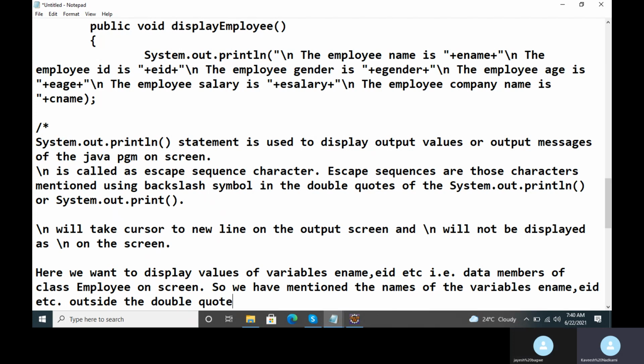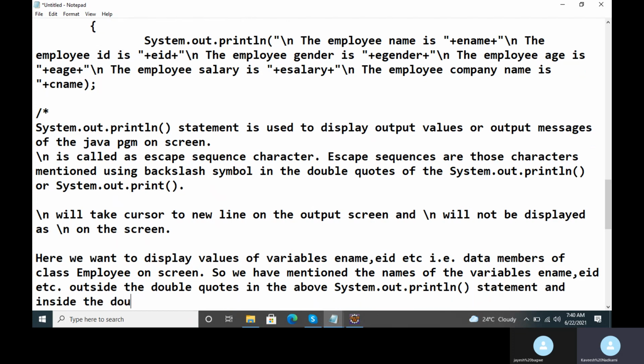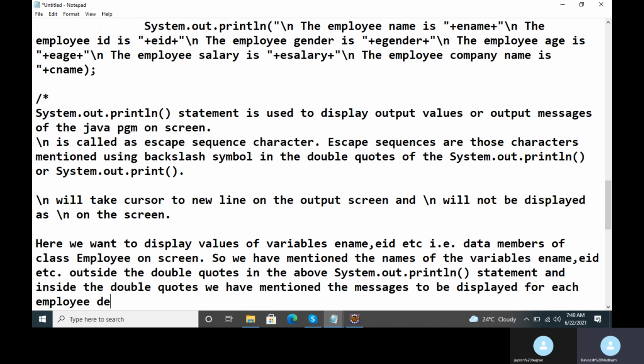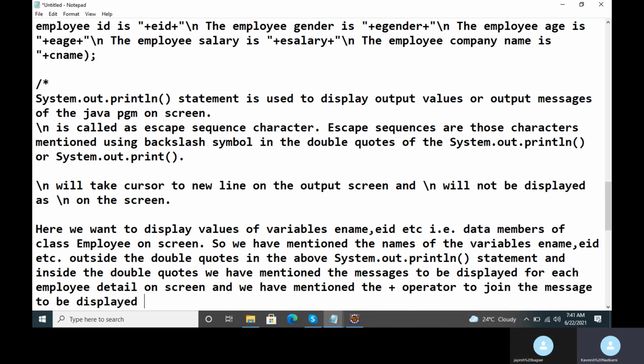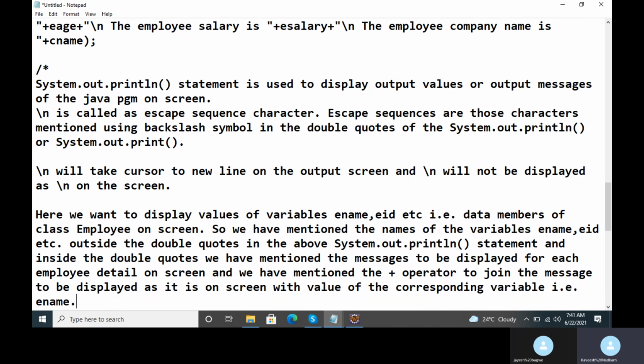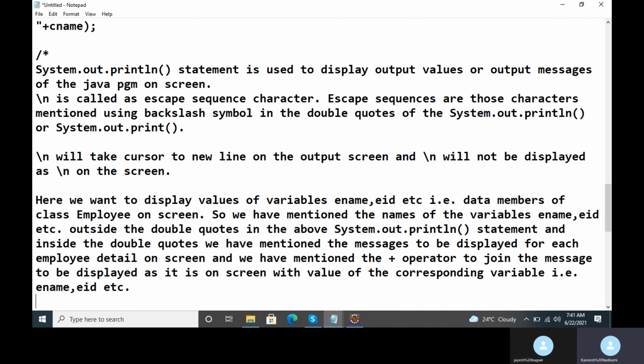Outside the double quotes in the above System.out.println statement, and inside the double quotes we have mentioned the messages to be displayed for each employee detail on the screen, and we have mentioned the plus operator to join the message to be displayed as it is on the screen with the value of the corresponding variable, that is ename, eid, etc. So I have used the plus there.